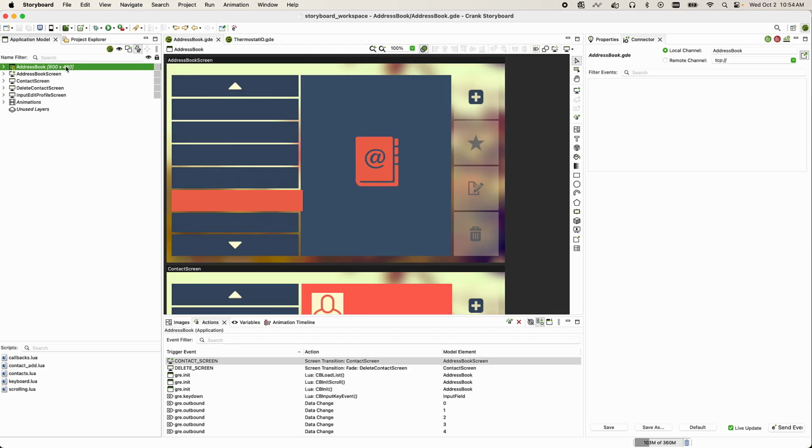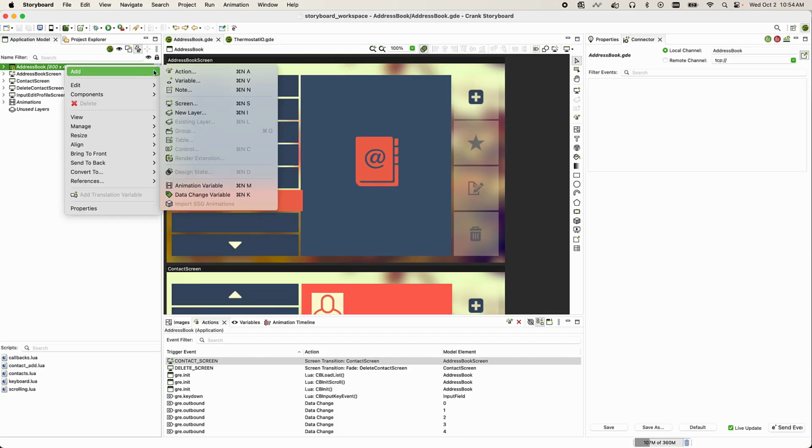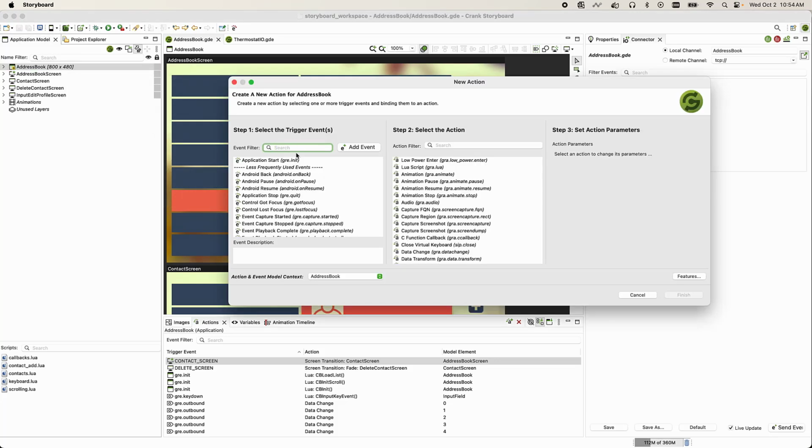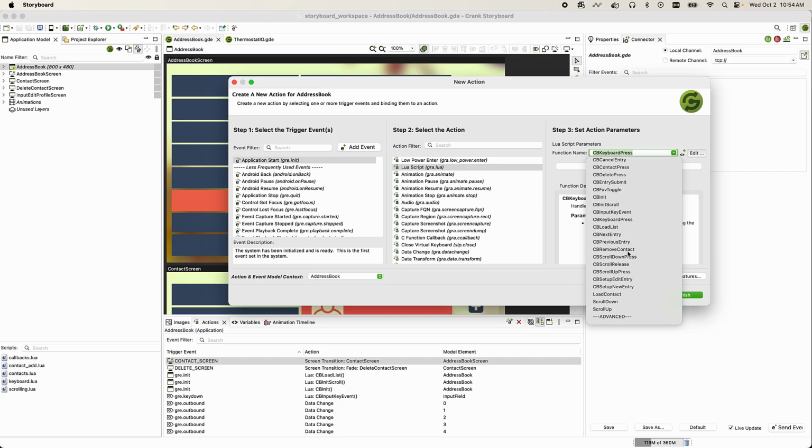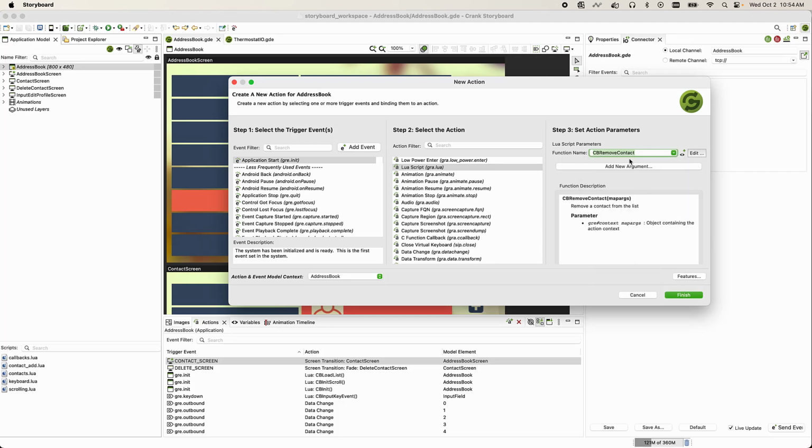We've also improved our Lua actions. If I take a look at the add action wizard and the Lua script action, the first thing we've done is provide a description of all the functions that you can select from, just to add a little bit of extra context when you're in this dialog. And as well, when you're creating a new function,